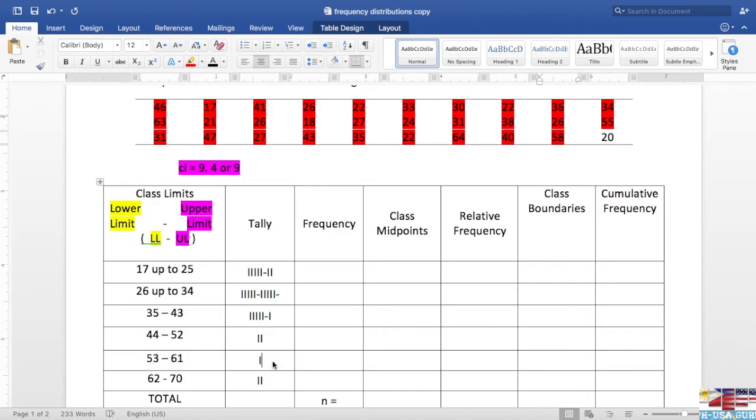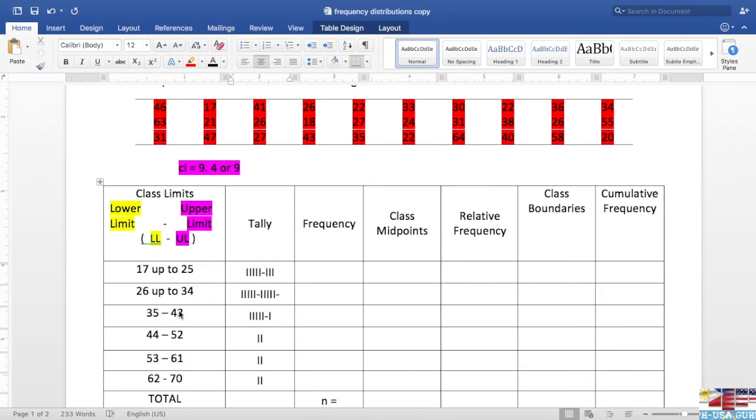And 20, which is the last number, and it falls here. And so we're done tallying each